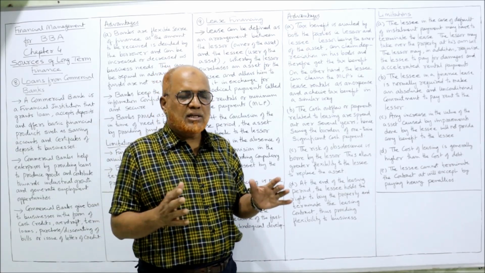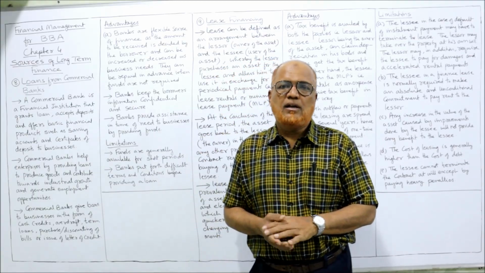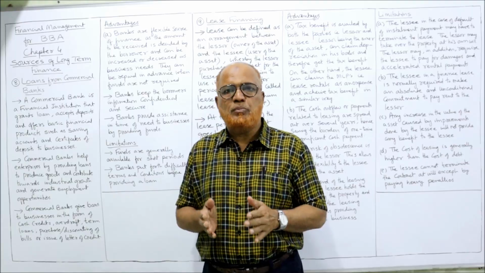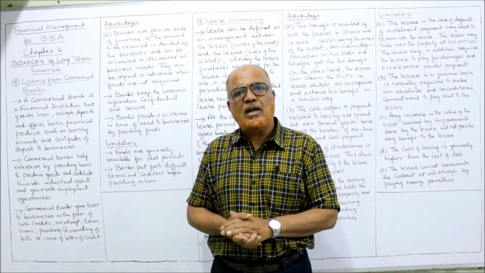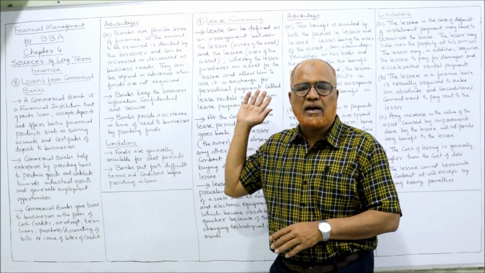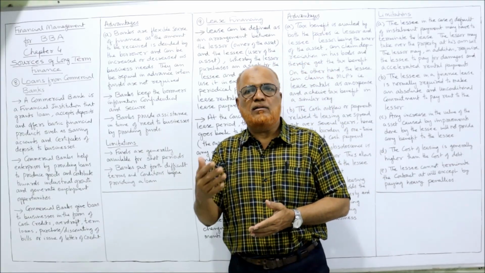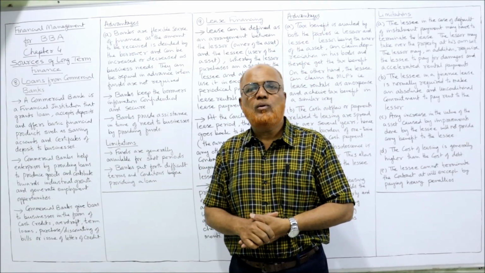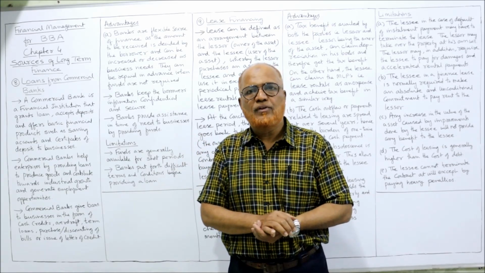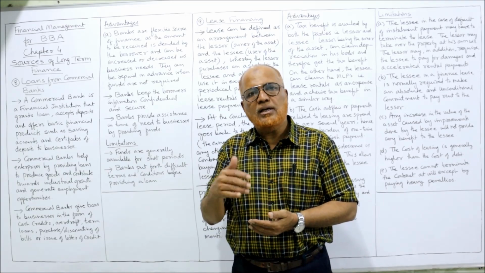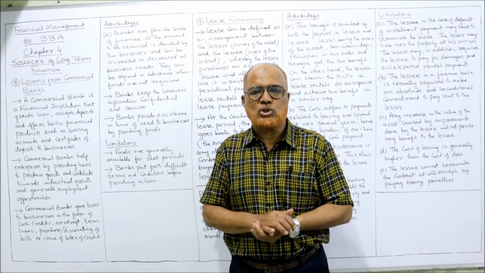That's it. So in this video, I have completed all the sources of long-term finance. That is equity shares, preference shares, debentures, bonds, retained earnings, public deposits, loans from financial institutions, commercial banks, and lease financing. So if you remember these 9 different sources, you will definitely be able to write an examination theory question regarding sources of long-term finance. And inshallah, in the next video I'll take up the next topic called capital structure.